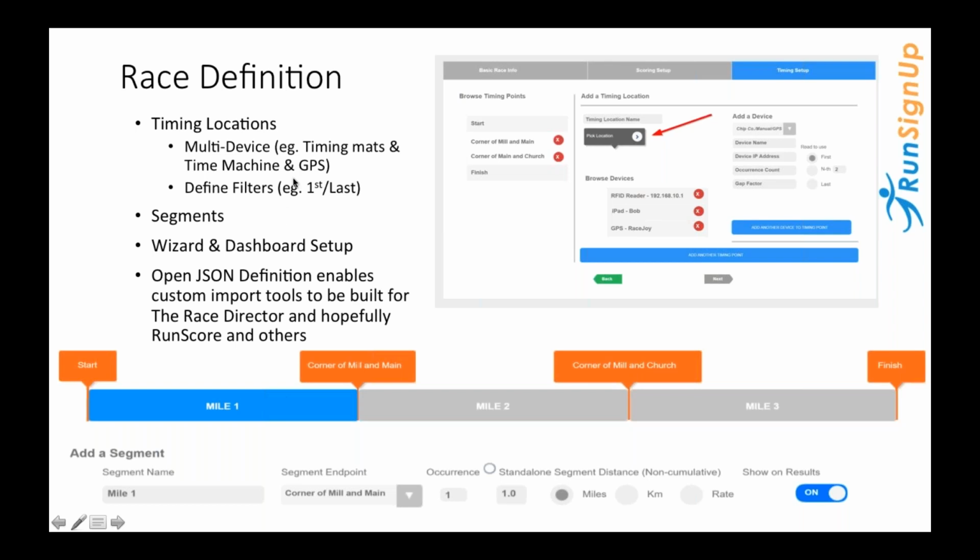The timing locations, as you can see up here in this chart, or in the screenshot of what a wireframe might look like, is that you define a timing location, and then you can have multiple devices at each timing location. So these timing devices might be an RFID reader. It might be an iPad where I'm punching every time somebody comes through, or a time machine, or GPS data